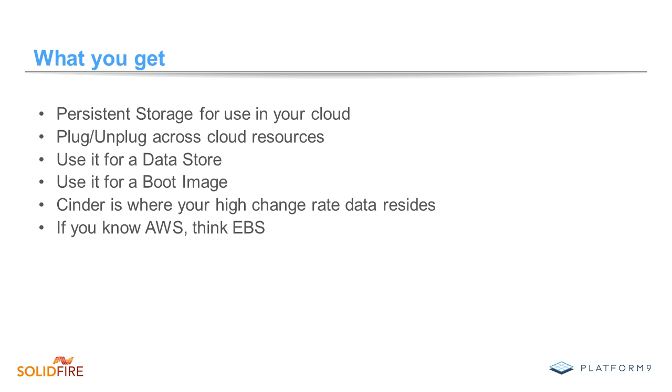Cinder is block storage. So the key there is it's not an object storage. It's not your low change rate content, not your blobs, not your images or music files or anything like that. This is what you want to use for your traditional storage like you use a disk for. It's what you put a file system on. It's what you run your apps off of, etc. The best analogy that you can really come up with, as with a lot of things in OpenStack, is you can find an AWS analogy. For Cinder, the AWS analogy is EBS, your elastic block storage.